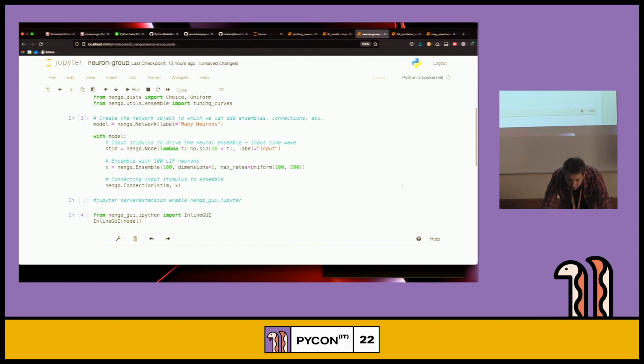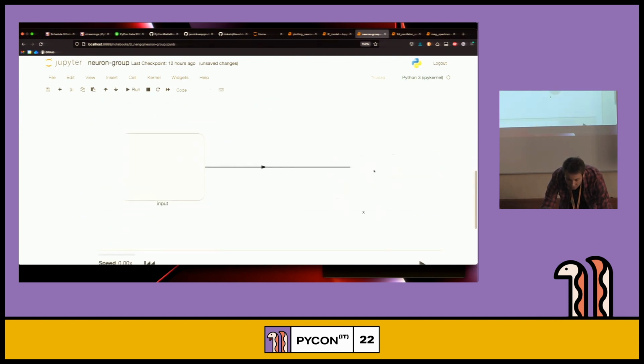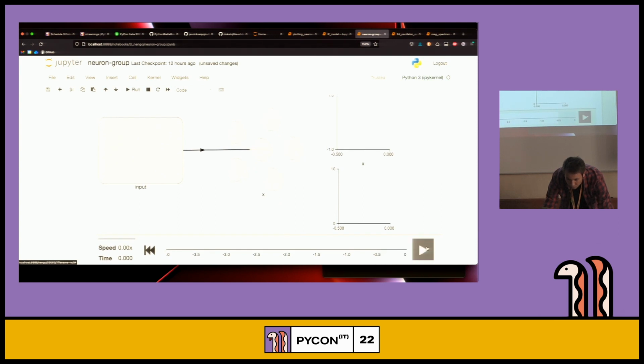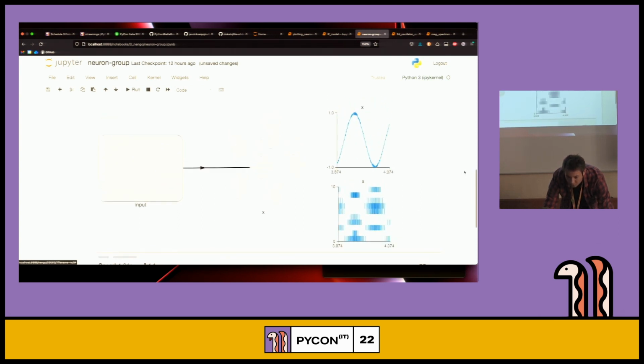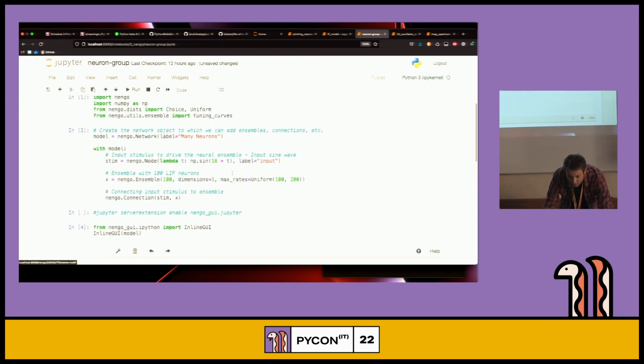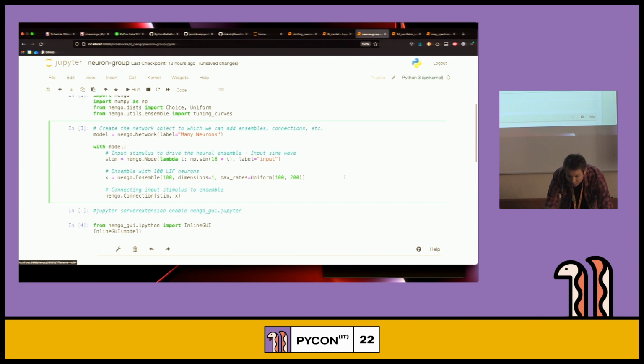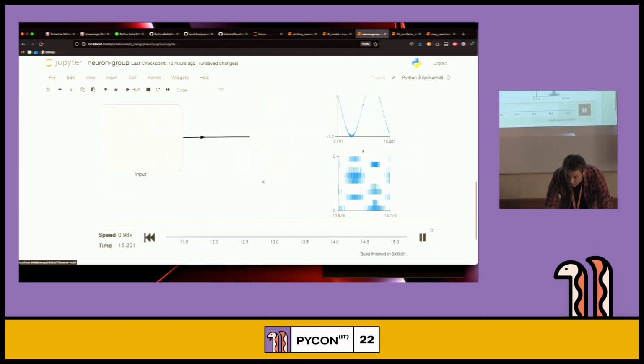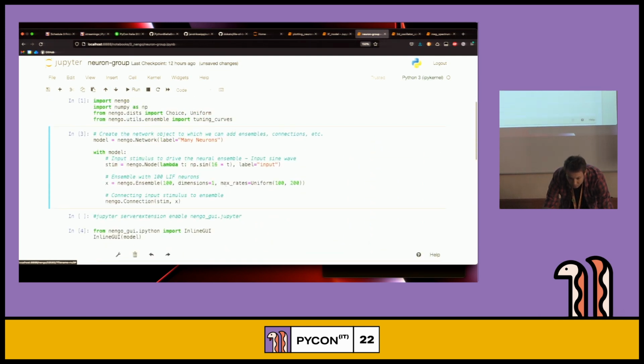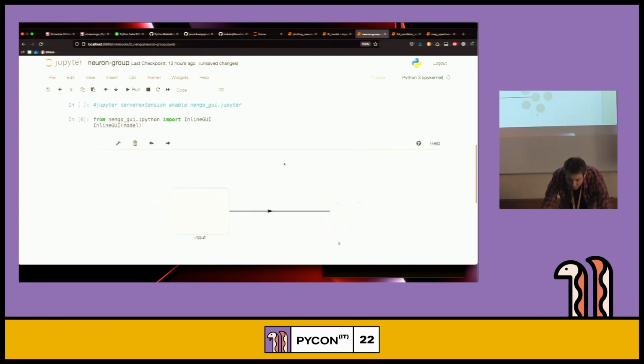And if we run our GUI, we'll see this whole experiment over here. And now I can display the values that I'm interested in. I'll be interested in the overall value that this neuron group represents, but also in neuronal spikes. When I run it like this, you can see that this neuron ensemble actually represents the sine function that I defined over here, right? That's pretty cool. Now, for example, I can change the period of that function, so slow it down a little, and when I run it again,